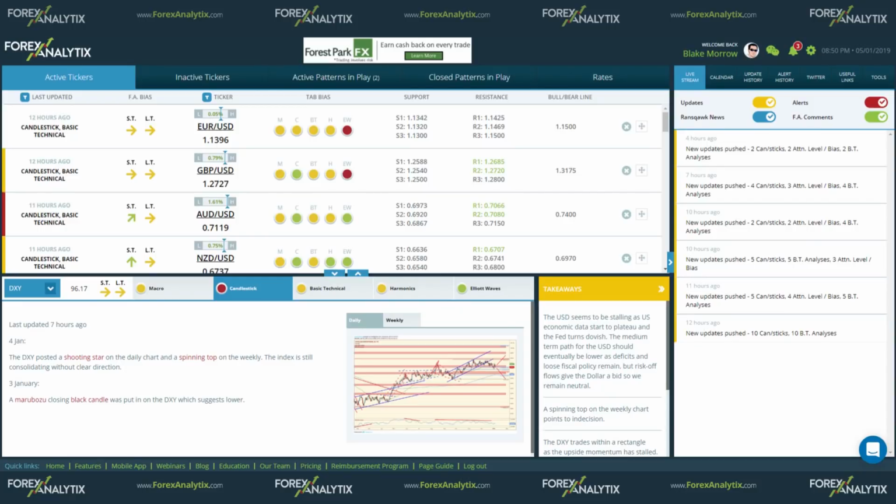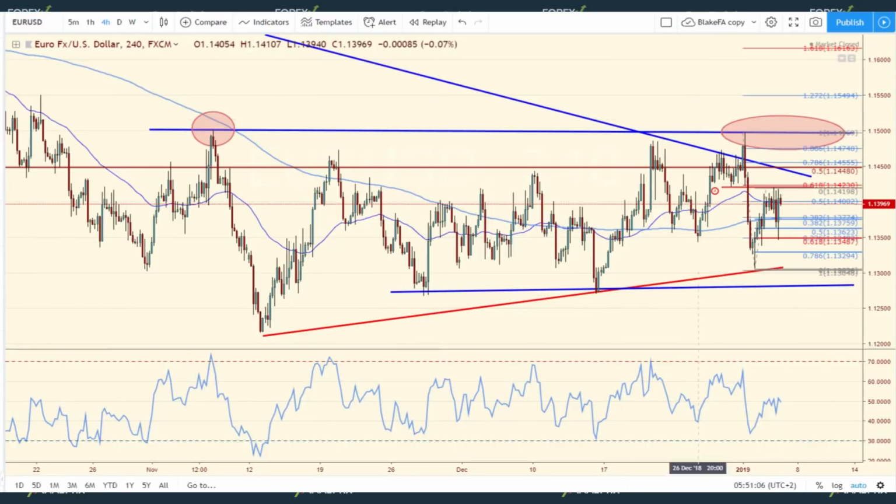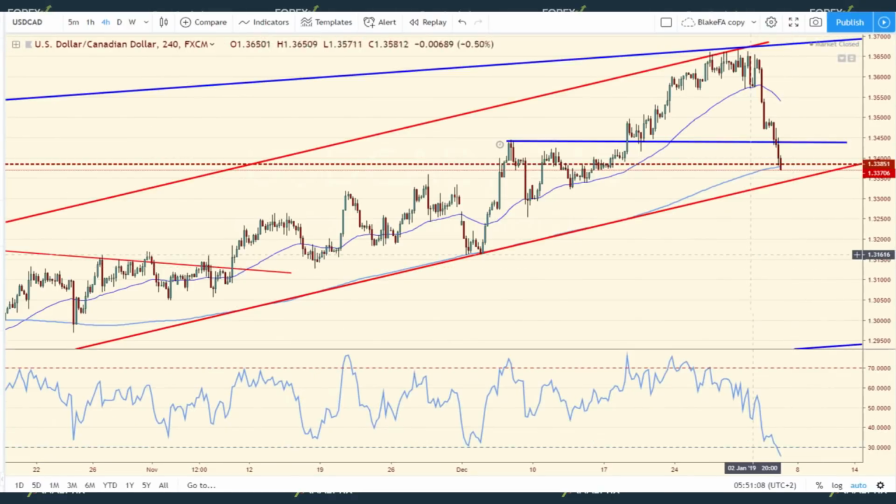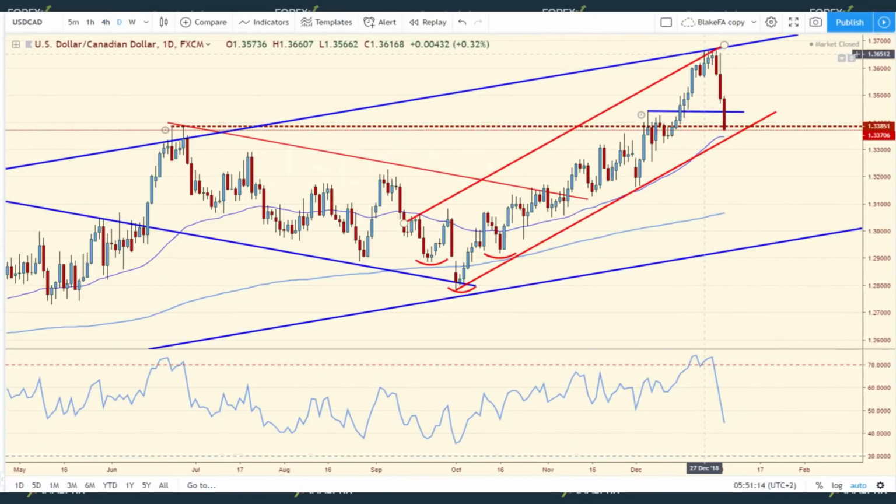Now, the dollar Canadian, I showed you on ForexAnalytix, and I'll show you here. We closed literally on our lows of the week, and that was a bunch of very bearish candles coming in. The market is expecting the Bank of Canada to raise rates, and this puts the U.S. dollar Canadian in a very tricky situation, because if the Bank of Canada continues to raise rates and the Fed is at the end of its rate hike cycle,